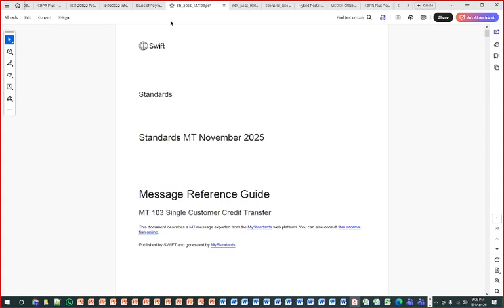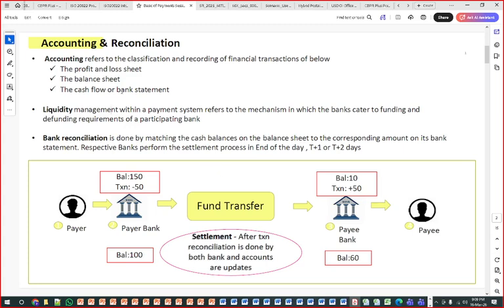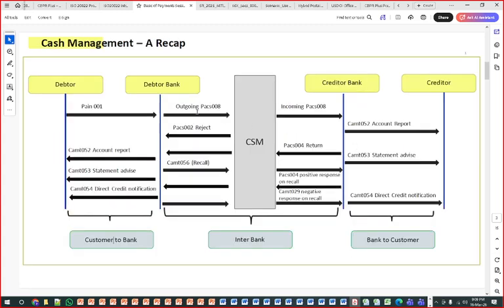This is the second slide we have done. In the third slide, we are investigating how a payment moves end to end. At that time, what exactly happens inside the payment engine when the payment is moving? Account reconciliation, cash management, fees management, fraud management, accounting. So this kind of thing is actually moving. 90% of the interview questions come on this diagram only, on how a payment moves end to end, the complete flow of the payment in ISO 20022.